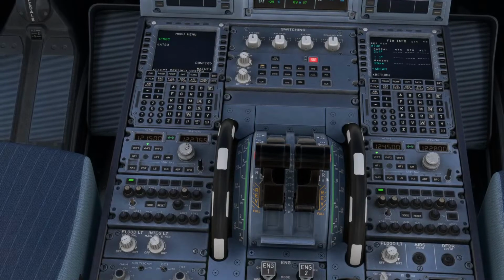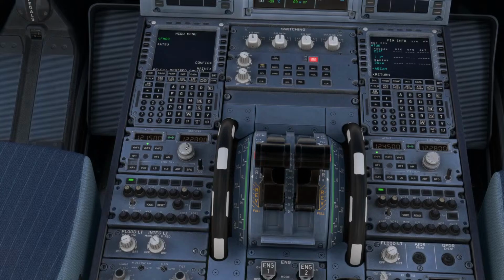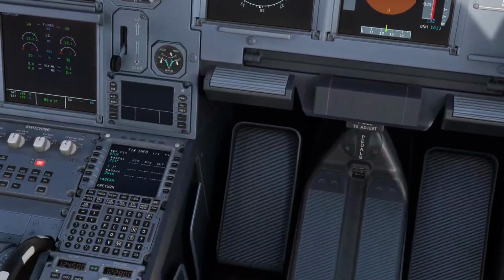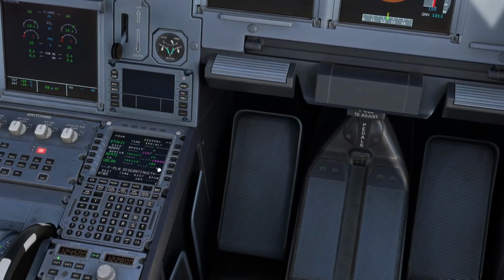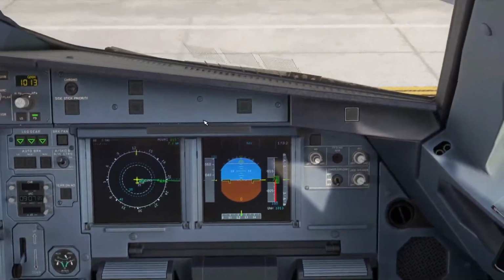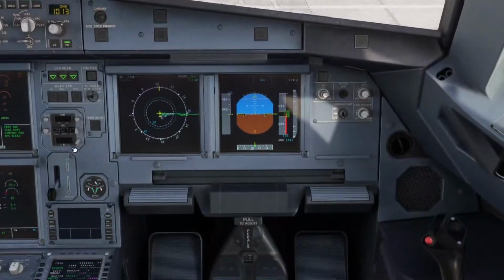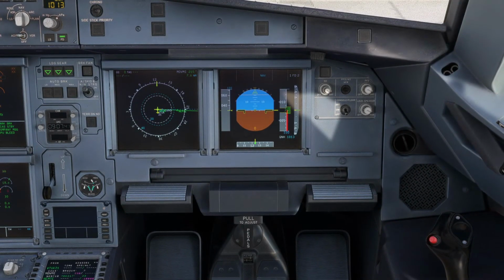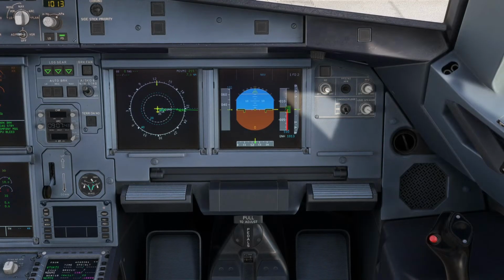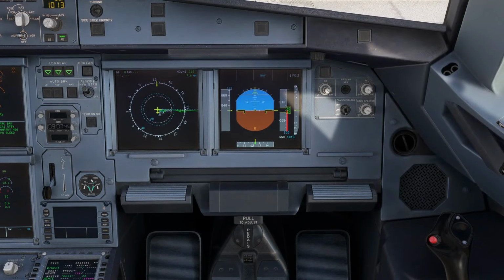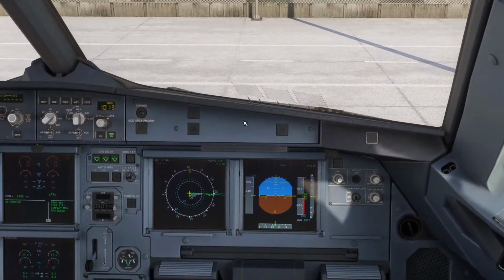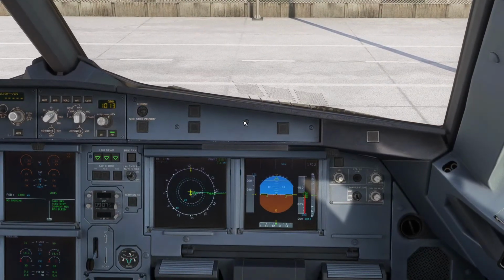Set the frequency properly. 122.8. Now it's good. Done. And that seems good. Now let me, Thai 915, set squawk 3365 please. Let me request the departure clearance. Okay. So